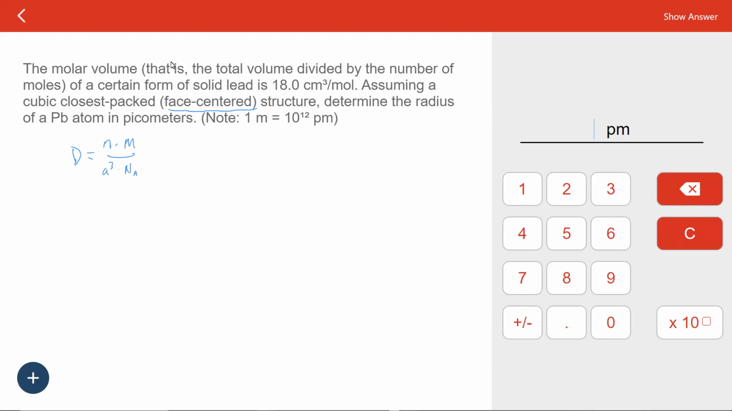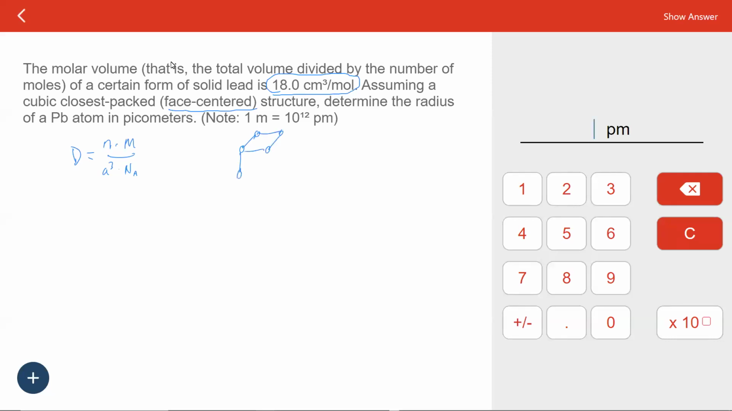Now, this one's a little bit different because we don't have density and we don't need molar mass because we're given this molar volume. So I'll show you how we convert that. First thing, let's look at this face-centered structure. So face-centered is this